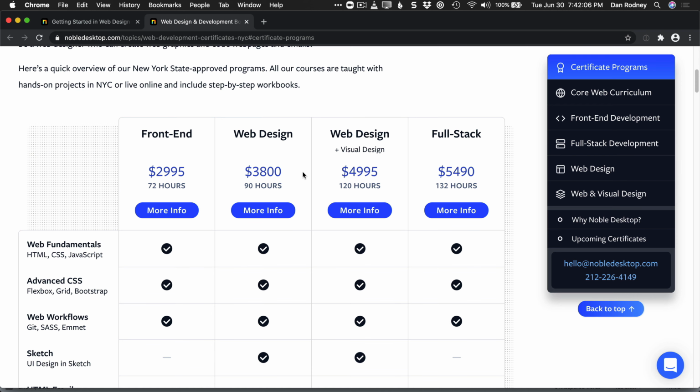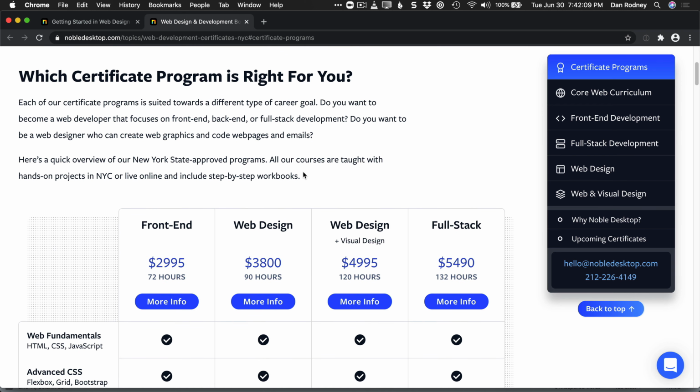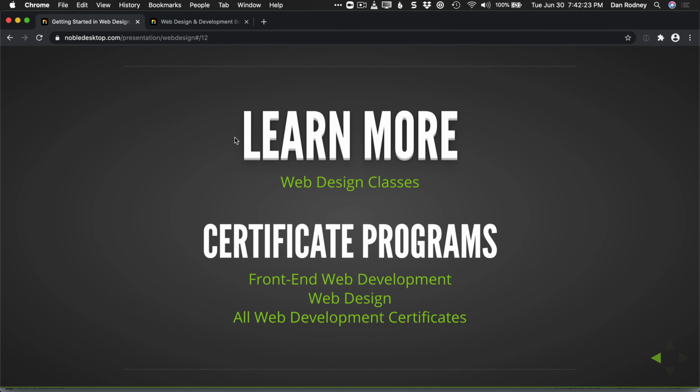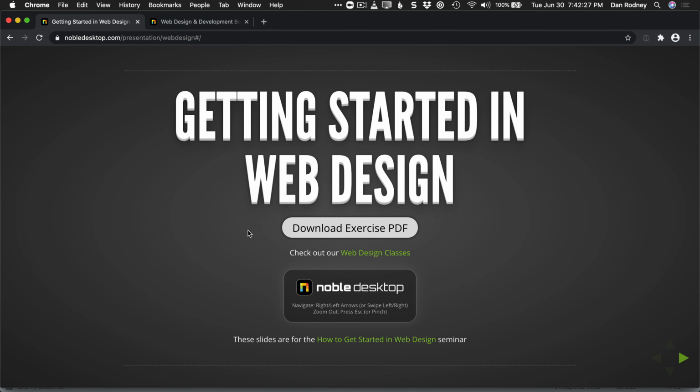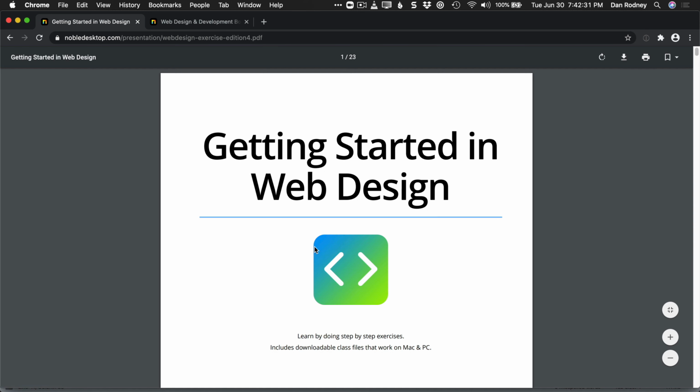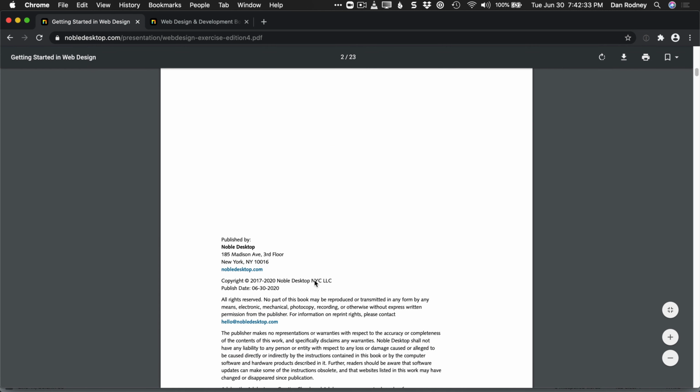All these classes are held live online, so it's an interactive class. You can ask questions, and the format of these classes is that we'll do a demonstration, and then you do a hands-on exercise. It's a coding exercise, and that exercise is very much like the exercise that's at the beginning of this slide deck. So if I go back to the beginning slide here, this PDF exercise, this is the step-by-step coding instructions for all the